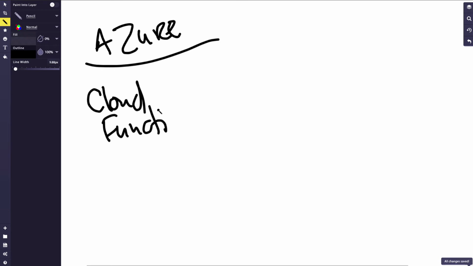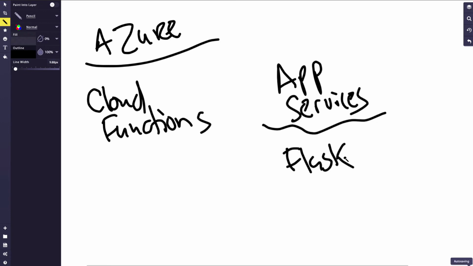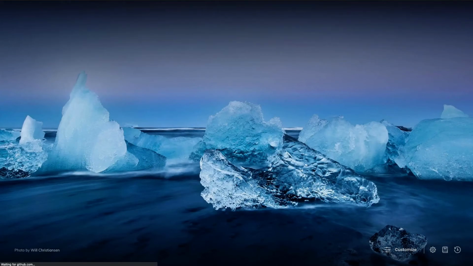And they also have something called app services, which is a platform as a service. And this would take, like, a Flask app, for example, and you could deploy that Flask app without having to manage servers at all. And so I actually have an example of that I can talk about really quickly here that shows how